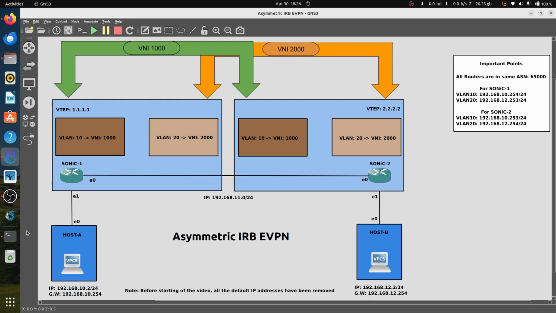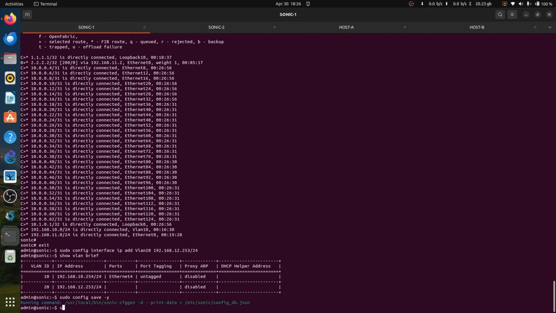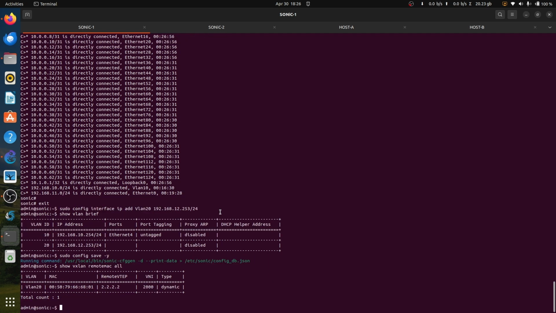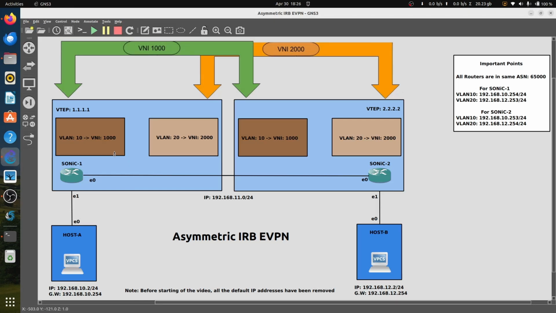So now going to SONiC S1, here use the command show vxlan remote mac all. Here we can see VLAN 20 has learned a remote MAC. Actually, going to topology, here we can see